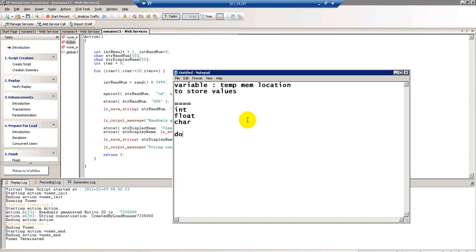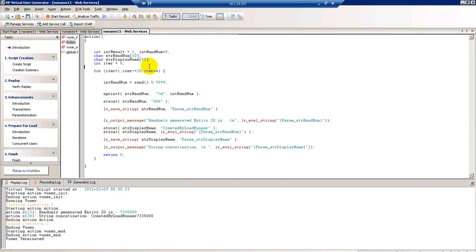Or you can also use a double for the floating variables, like if you want to, let's say 13 dot some numbers, right? Then in this case you can use a double data type to store this kind of values. Okay, so here, as I said, I'm going to display some random number, also concatenate the random number with